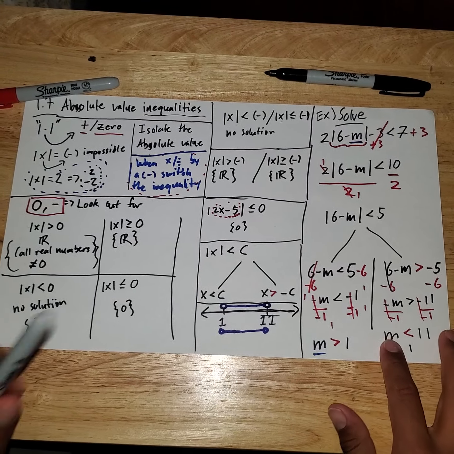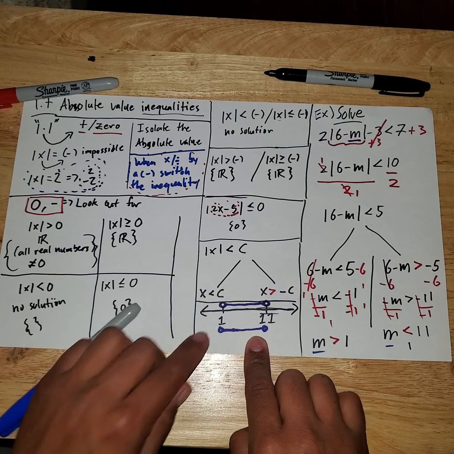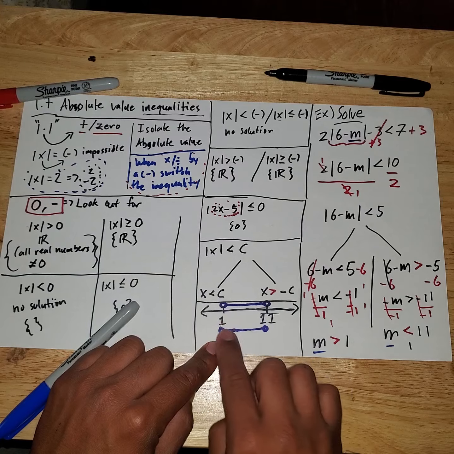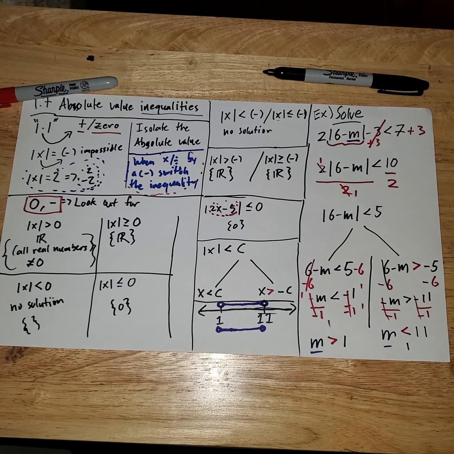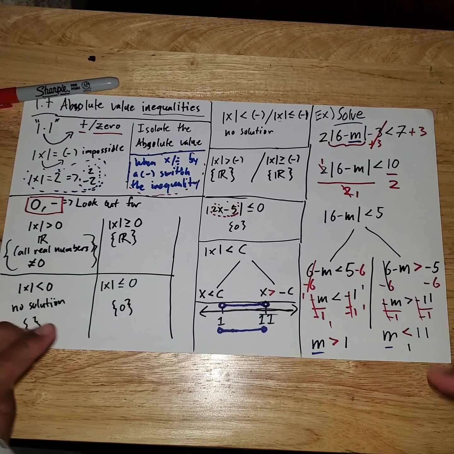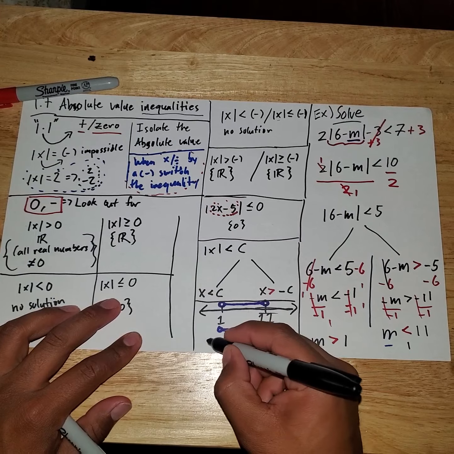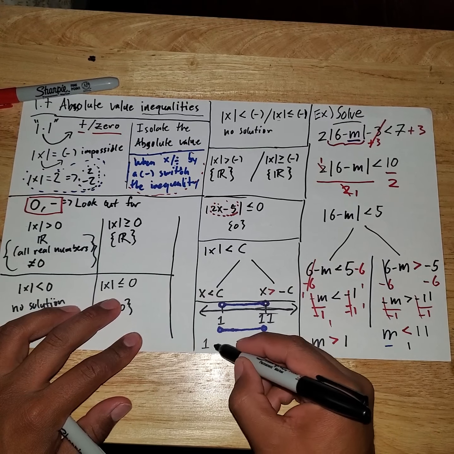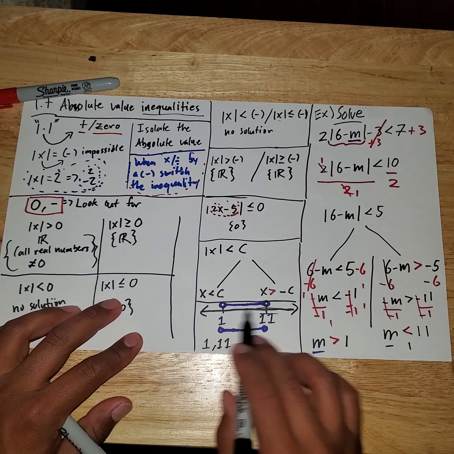Because the numbers that are smaller than 11 are on the left, but at the same time, the numbers that are bigger than 1 are on the right. So all your solutions are inside of here. And remember, when we do our interval notation, it's from least to greatest. So we start at 1, and then stop at 11. But since both of these are not included,